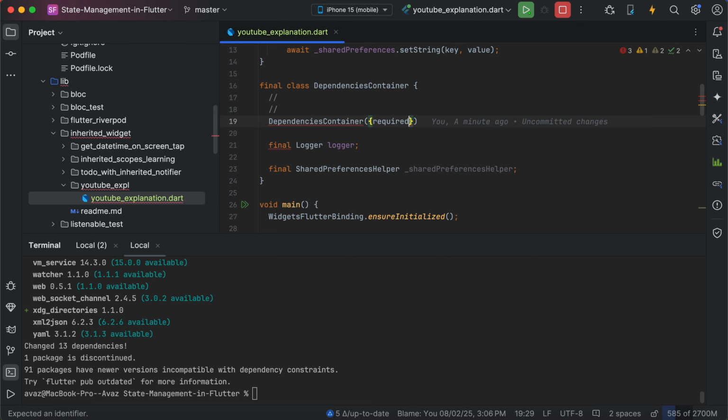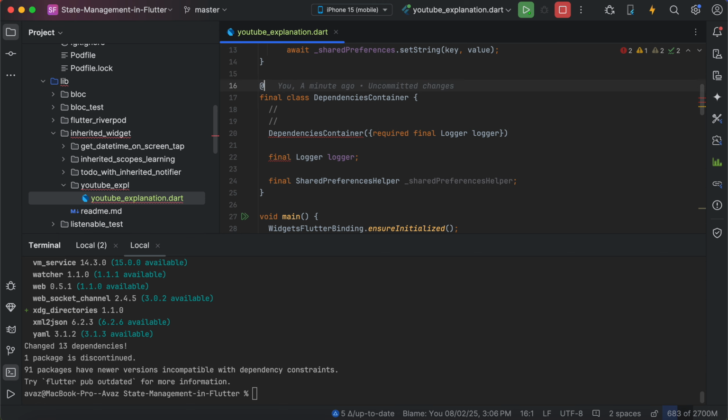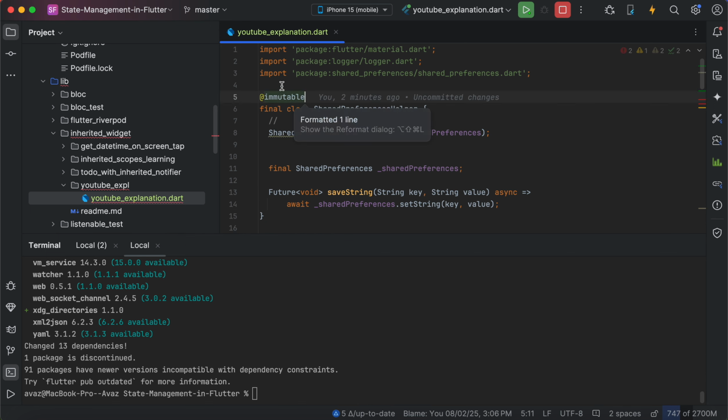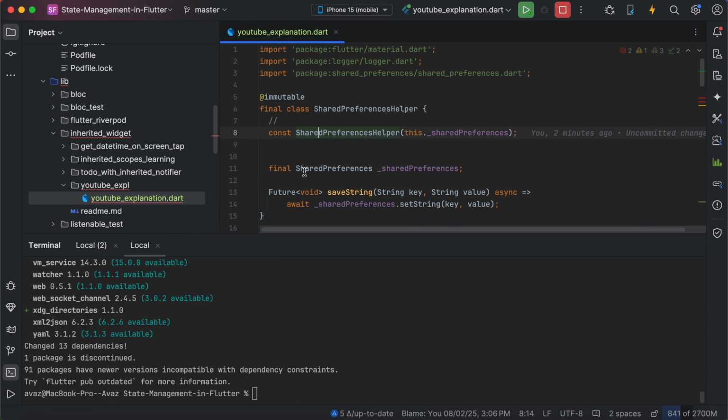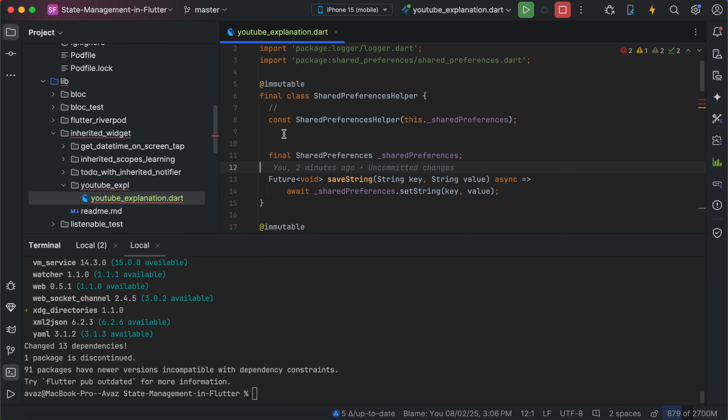It's better to use. Let's make it immutable. Immutable means that every instance, every parameter that you are creating inside your module should be final one,